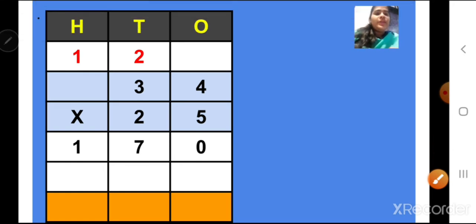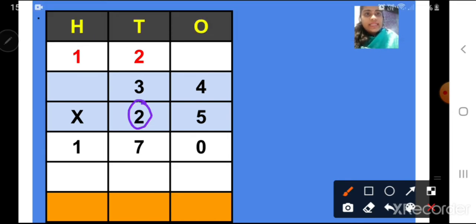Step 2 is we have to multiply the multiplicand with the number which is at the tens place of the multiplier. Correct. Which number is at the tens place? Number 2. Now before multiplying, because the number is at the tens place, we have to put a 0 here at the ones place. Always remember this whenever we are multiplying the next digit: the digit which is at the tens place, at that time we have to put a 0 in the ones place.